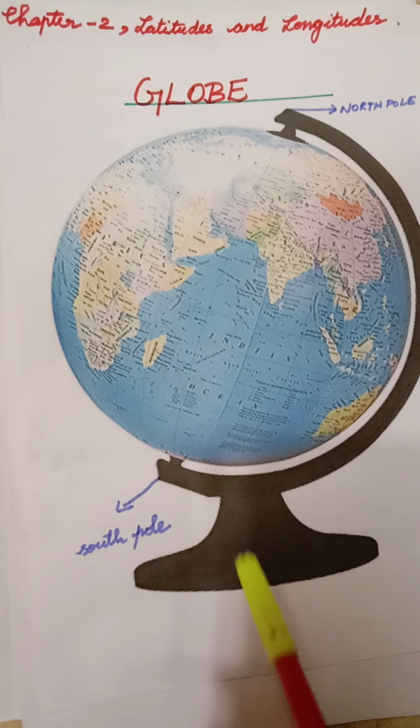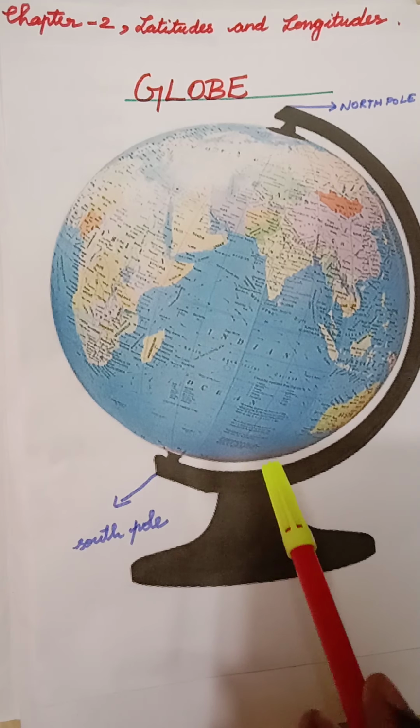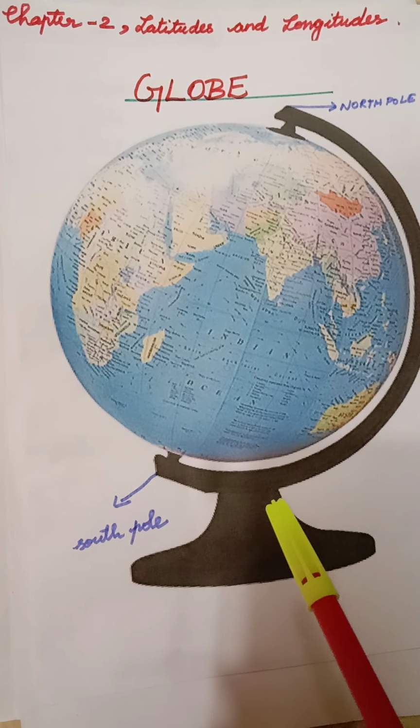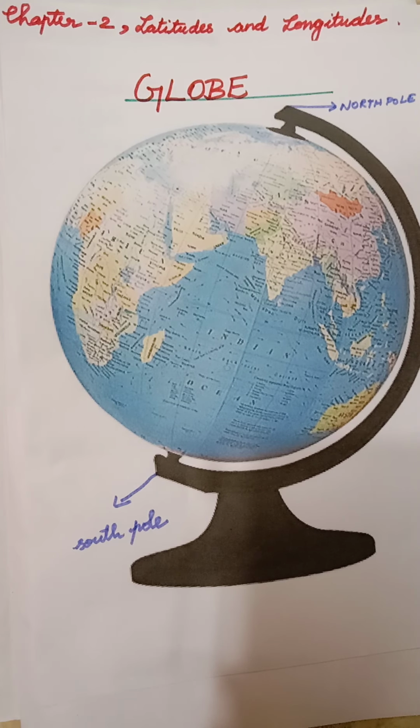If you move from one place to another on the globe, it cannot be measured very easily. Even if you take a scale, you cannot measure the places because the globe is a sphere. Even on a small globe, you can't measure the places. How can we measure big places? It can be done by using latitudes and longitudes. Now we are going to see about the earth's position and its angle.